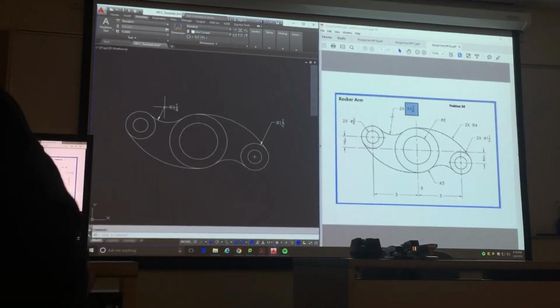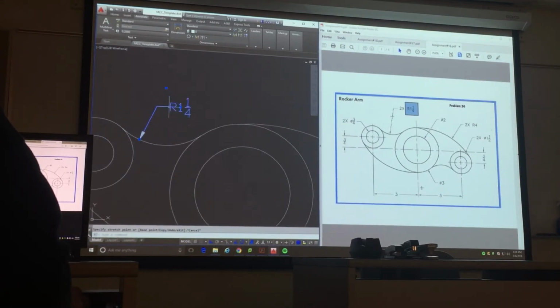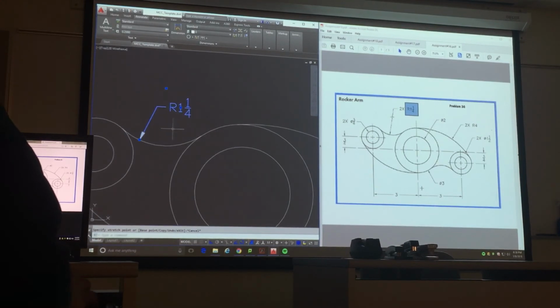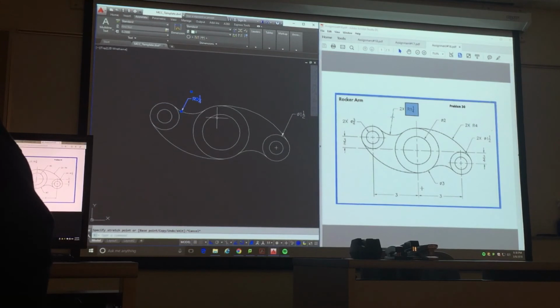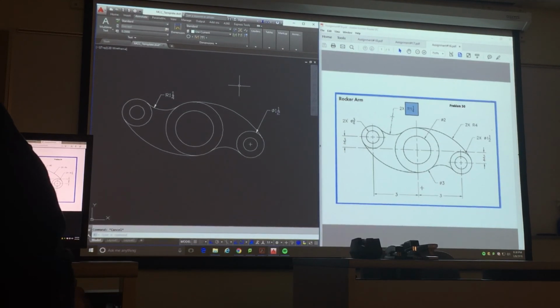So this guy, you know, there is a way around it. You can kind of mess with this thing a little bit and try to drag it, or some people explode it. That's another way. But you could also do one of those parent-child and just suppress the dimension extension line there. So however you want to handle that guy. But that one, I think, is pretty easy once you know the couple of tricks there. So the tangent, radius, making sure you click around, and then the dimensions